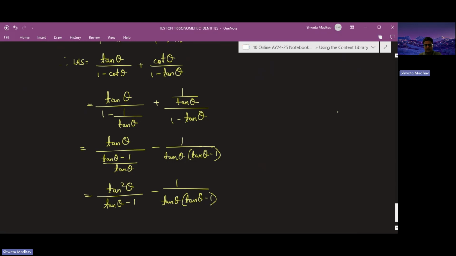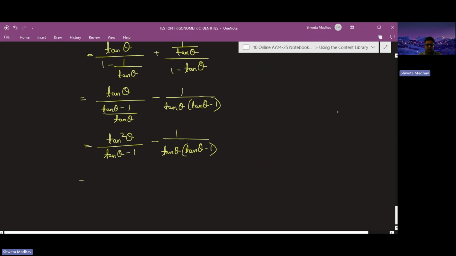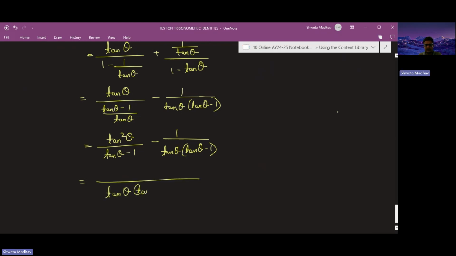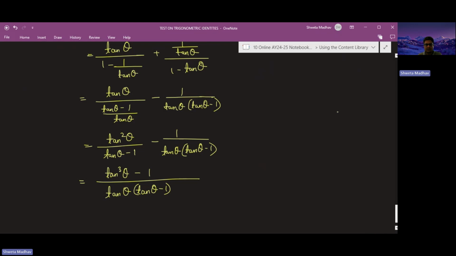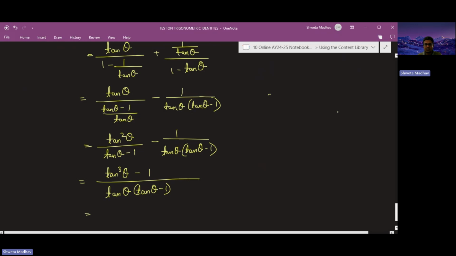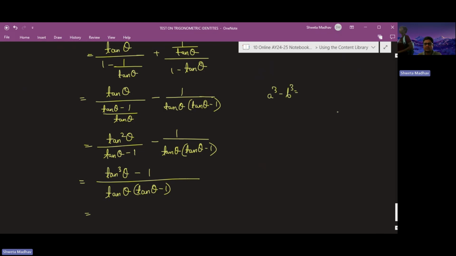Now we have to take the LCM of the denominators. The LCM of the denominators will be tan theta into tan theta minus 1. And in the numerator, we will have tan square theta into tan theta, so it is tan cube theta minus 1, divided by tan theta into tan theta minus 1. Now we know that a cube minus b cube is equal to